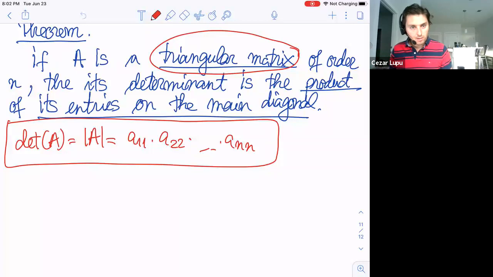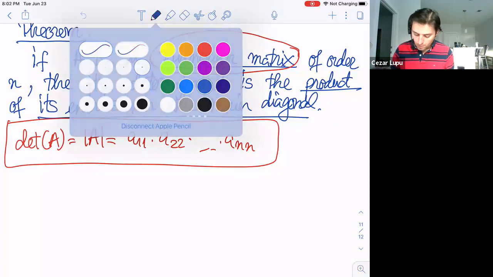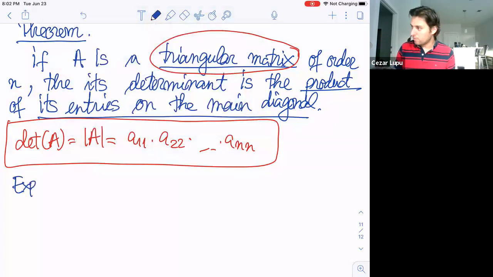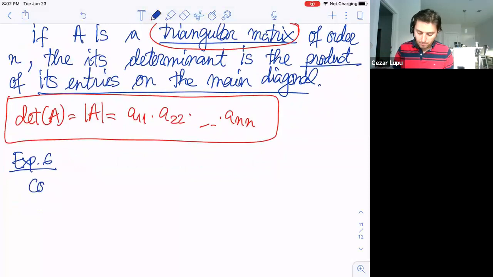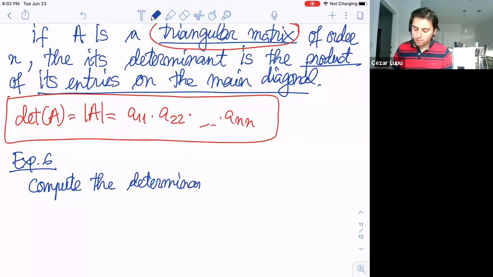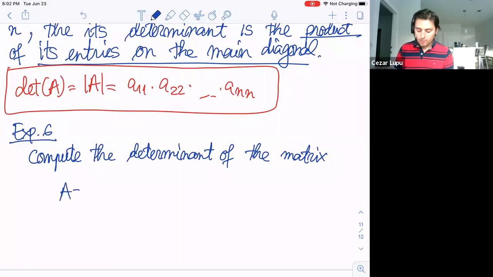So last time we talked about determinants of triangular matrices, and I want to give an example. The example number 6 from the notes. How to compute the determinant of the following matrix. A is